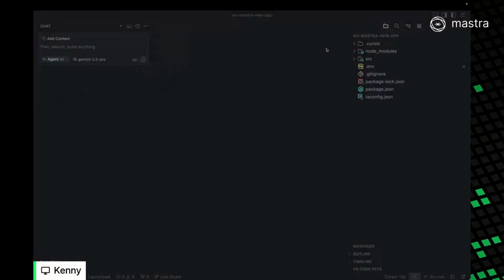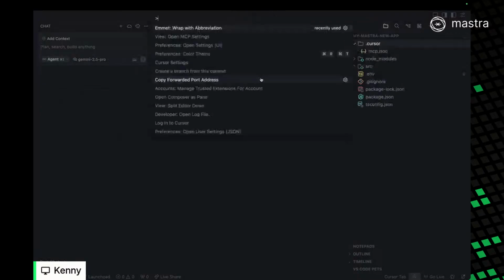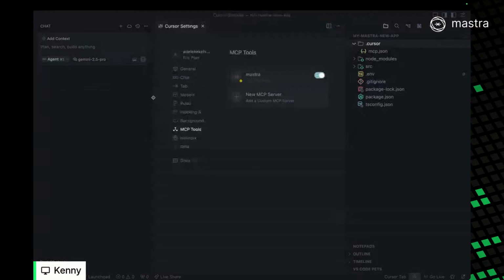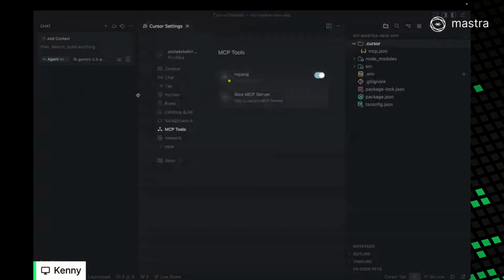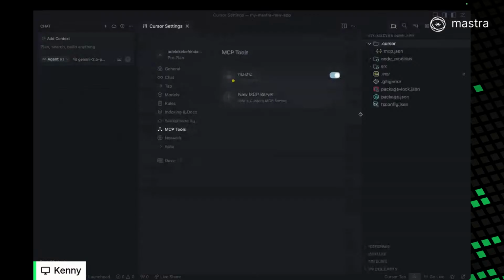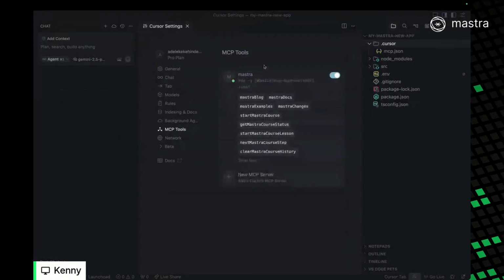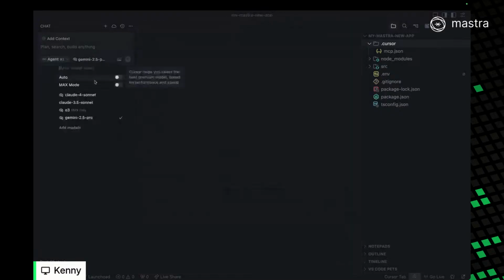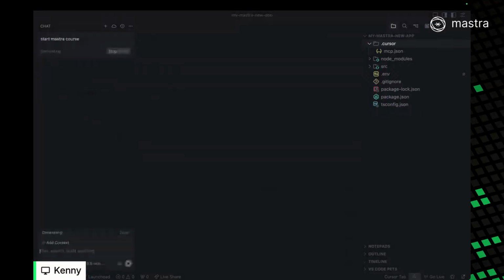So what I'm going to do is, once I have my new project set up, go to my MCP settings first of all and enable this. This is the new Cursor 1.0 launch, so you actually have this new UI for MCPs and things like that. I'm going to wait a while for this to enable. We have all of our tools, our course tools, which looks good. And then I'm just going to use Sonnet and say start master course,